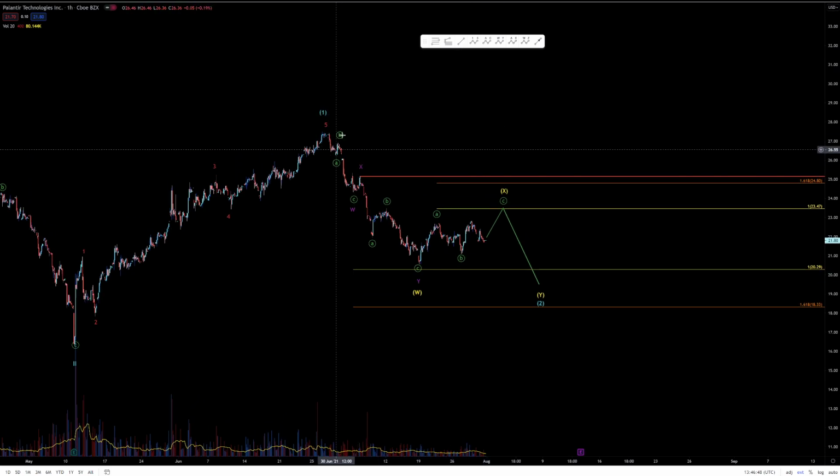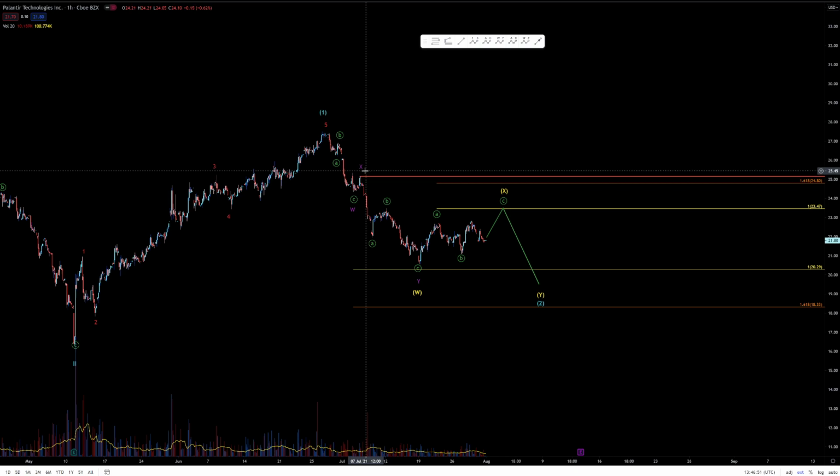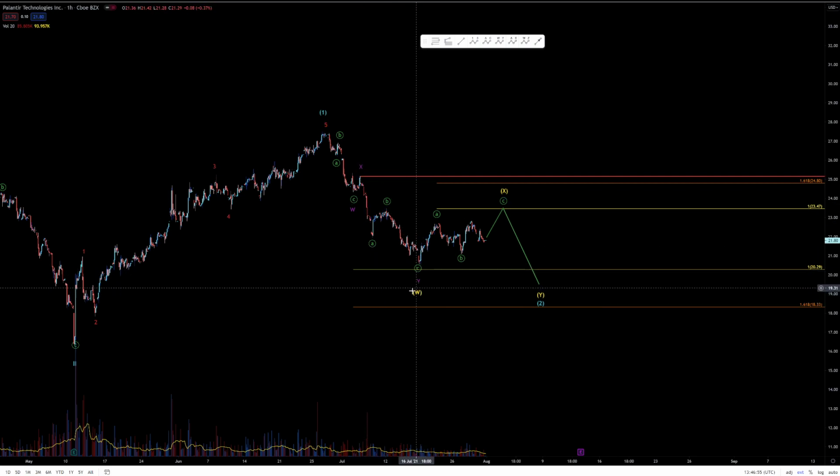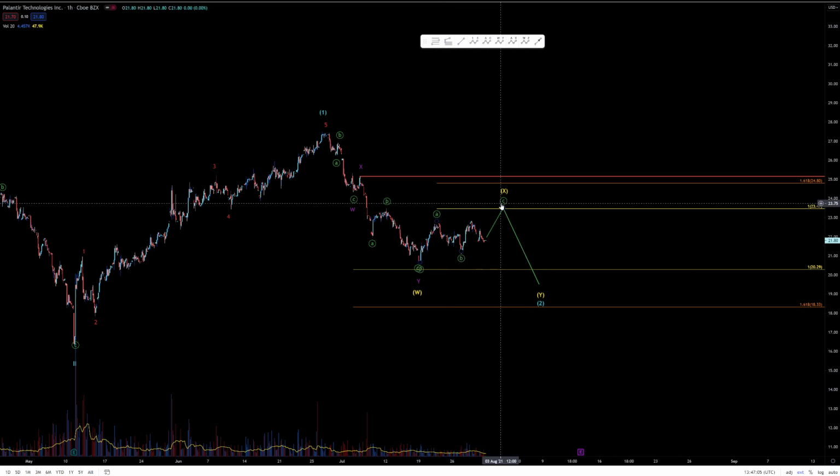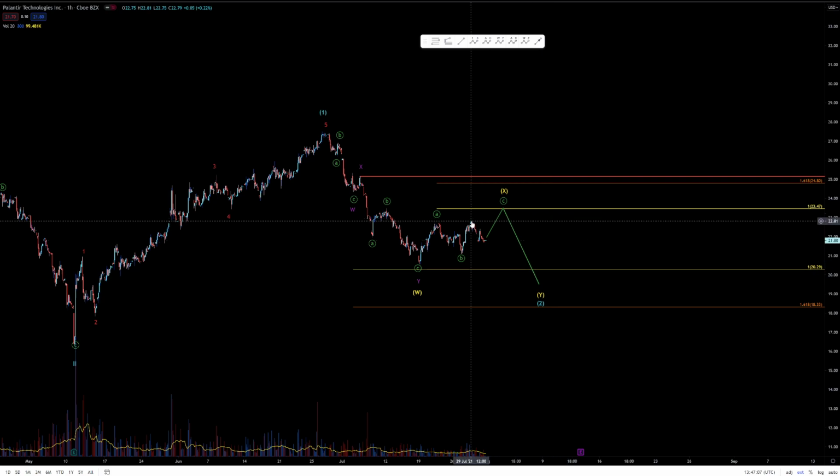What they're saying is that we had a zigzag to the downside for a W, popped up for an X. We had another zigzag down for our Y to give us a higher degree wave W, and that this move where I'm seeing a minute impulse up was actually an A. We had a 3 wave down for a B, and now we're in the process of an impulse up for C before heading lower. It is possible that this was already C and we're just going to head lower from here, but I think it's more likely that our wave C would end somewhere between 23.47 and 24.8,